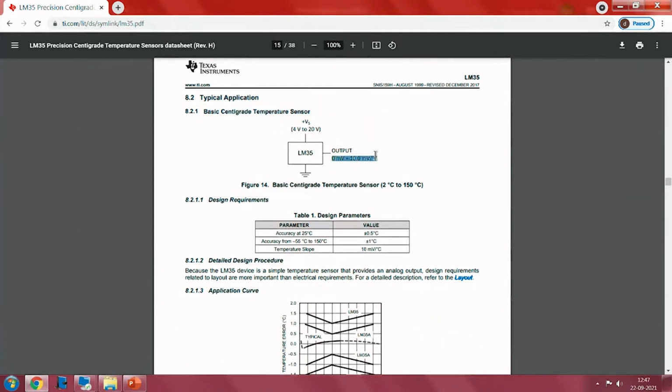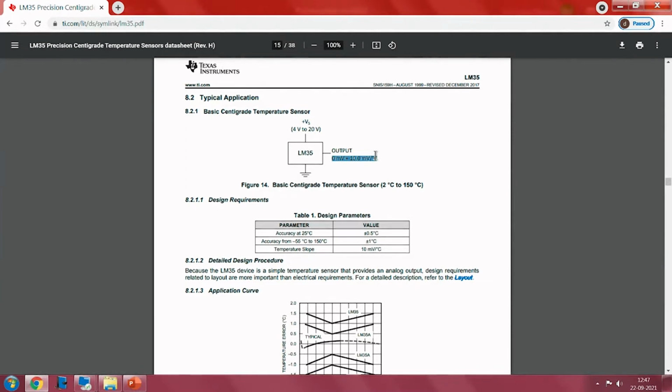Of course, since we are interfacing it to a microcontroller or a data acquisition device, we are using software-based acquisition, converting it and displaying it in software. So in the software we can apply a scaling factor to represent degrees centigrade as Fahrenheit too. Now, the output voltage is 0 millivolt plus 10 millivolt per degree centigrade, which indicates that